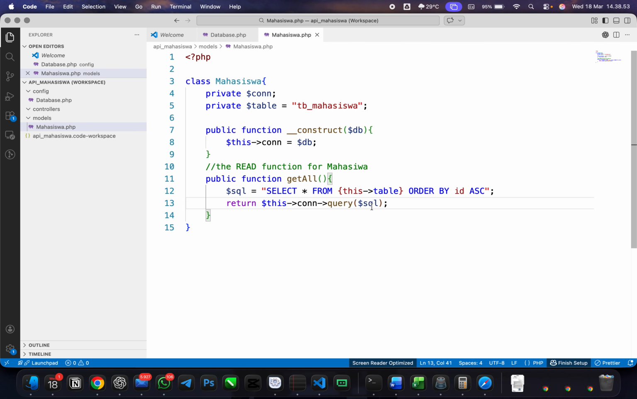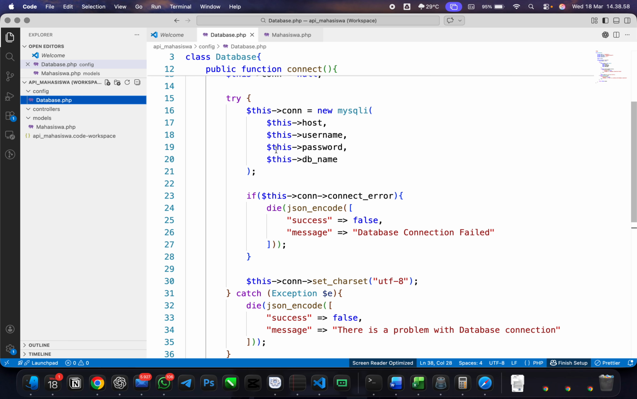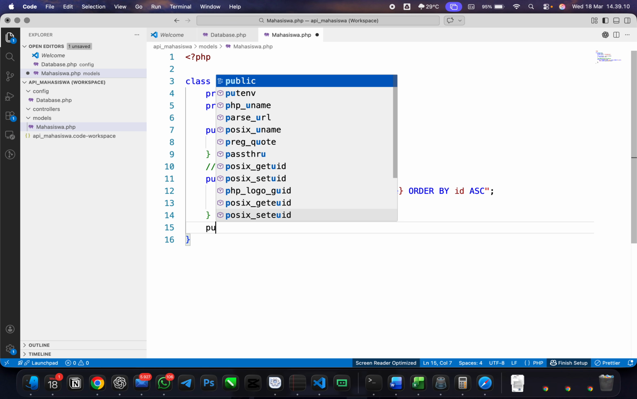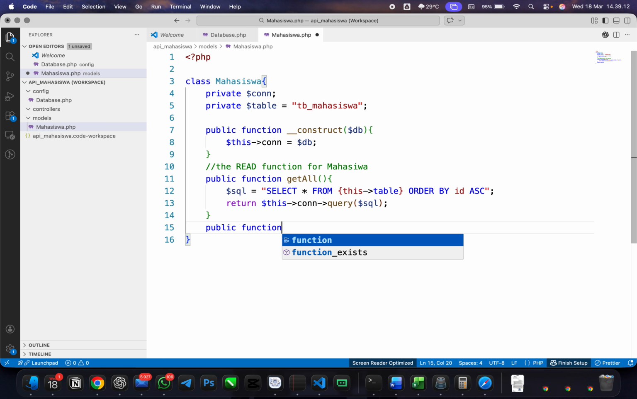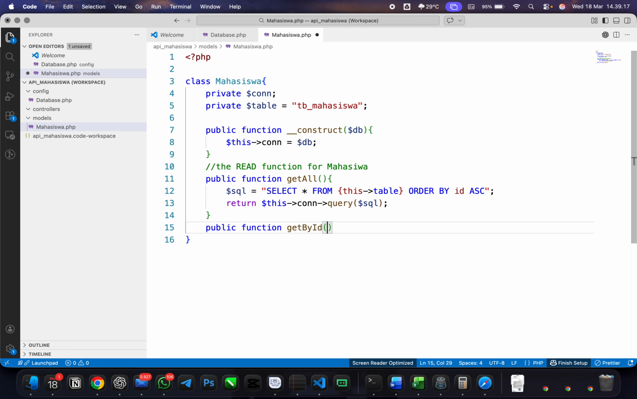Okay, this connection query SQL you can see from database.php. Yeah, these connections, and when they are trying to connect, it will establish using the MySQL method to talk to the database. Okay, the next one will be public function get by ID. Okay, the parameter will be ID. Okay, wait a minute, what is happening in here? Okay,